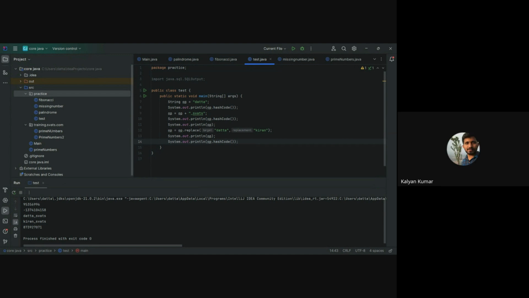But we have a reference op connected with only one object, right? The other two objects are nowhere. They are kind of in the vacuum, in the air. So those objects will be ready for garbage collection.